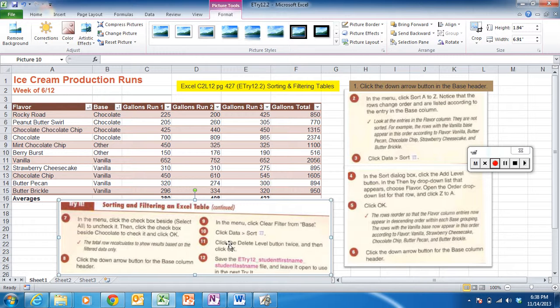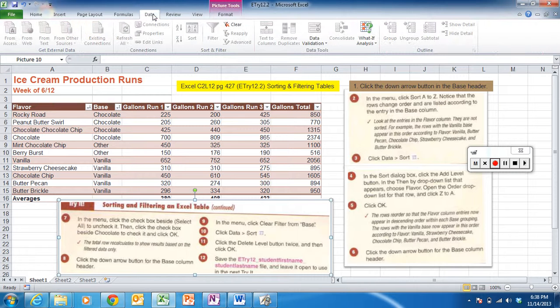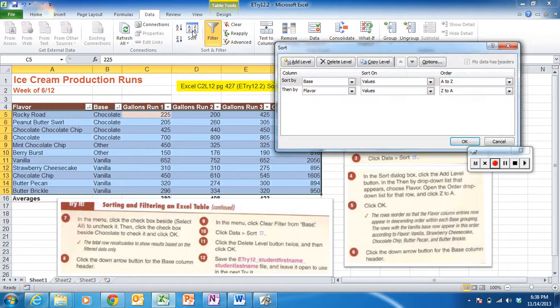Let's move this back up here so we can finish the instructions. And now we're going to click the data sort, and we'll click on the delete level button twice and then click OK. So once again, we go up here, or we must be in one of these. We go back to data, we click sort,